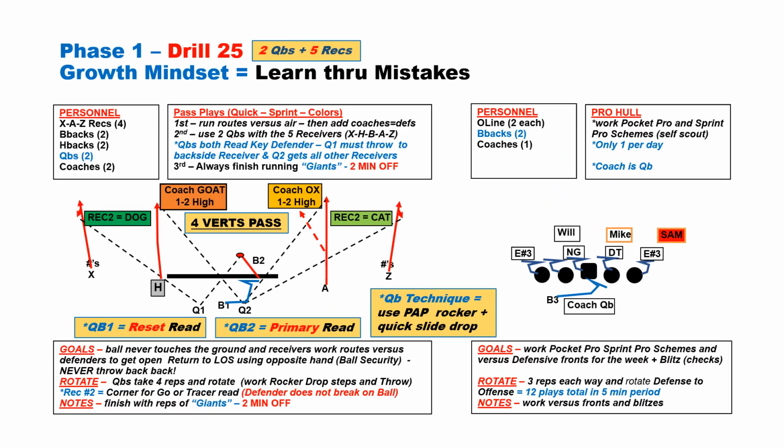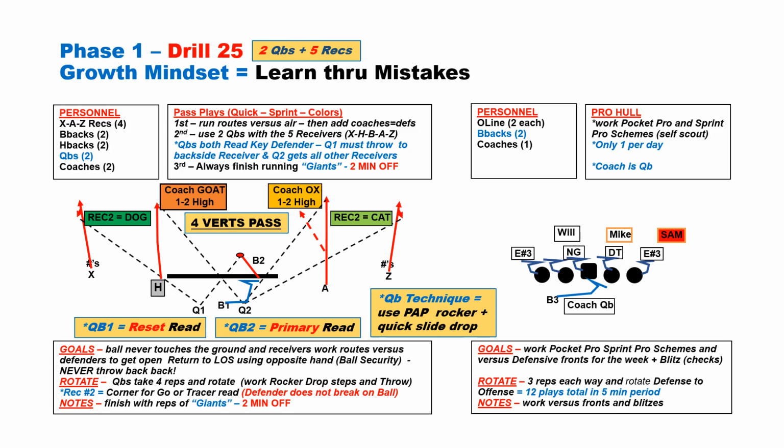Phase 1, we'll use our drill 25 where we've got 2 quarterbacks going with the 5 receivers to get maximum reps. Again, we want to make sure the X and the Z are being decisive, so if there's a gray area at that 10 yards, they're going to go ahead and go deep. We'll do the same thing with the A on the bender read. After 6 steps, if he's not sure the middle is open or not, he'll stay vertical on the hash.